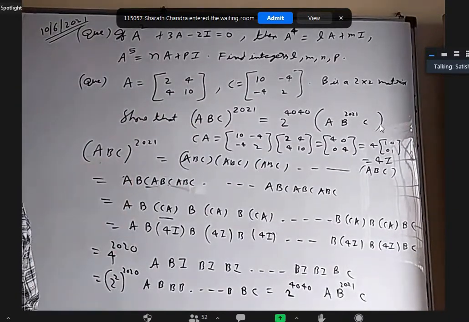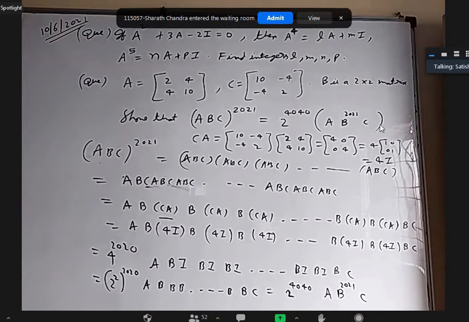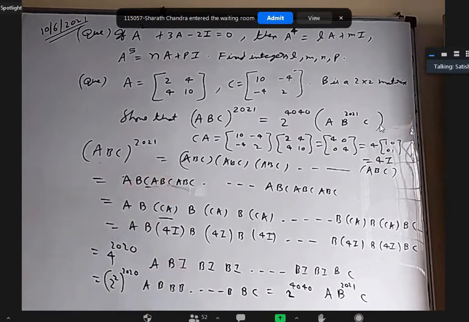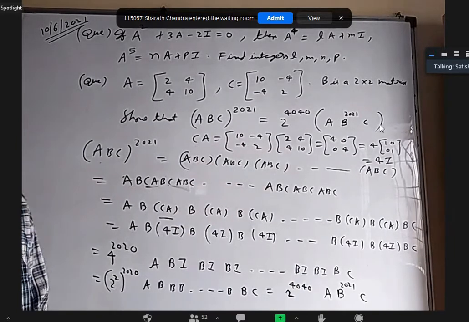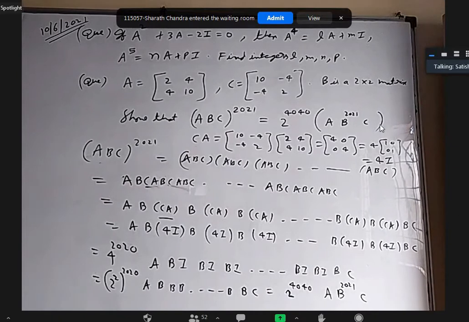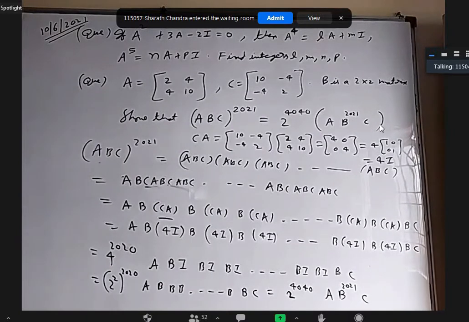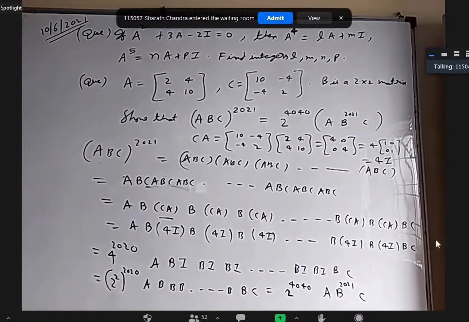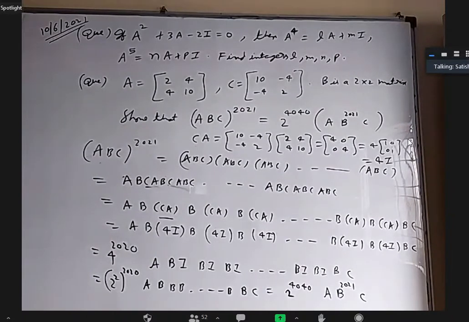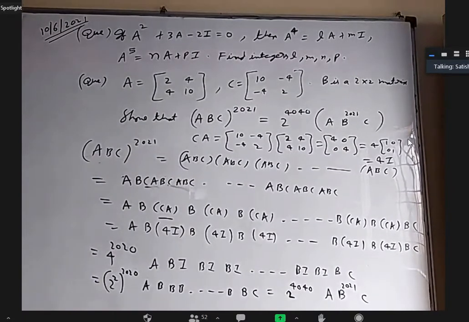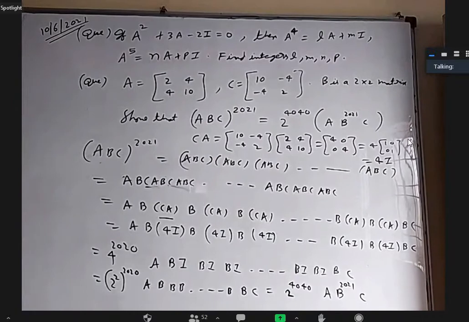Am I right? Yes, sir. Okay, so that's the purpose. So now if something different comes, what to do? Nothing. It is just a little extension of this way, that way only. Mostly it will be similar to one of the things that we taught or one of the things that we gave in our material. Sir, this is the sample paper question of the mains, sir. Yeah, both mains and advanced. I think I covered most of the models based on multiplication of matrices, whatever is given in mains or advanced.